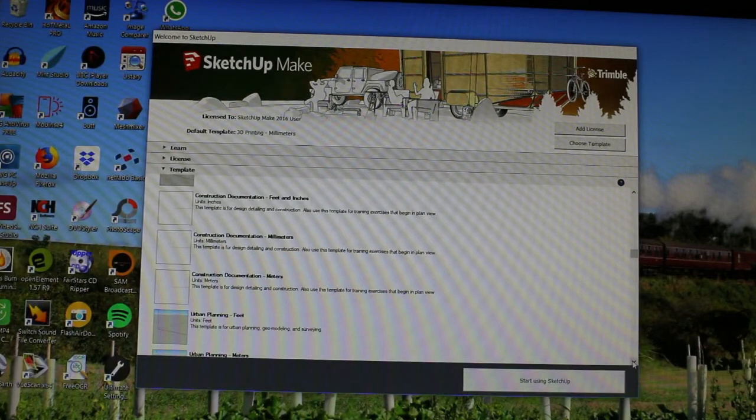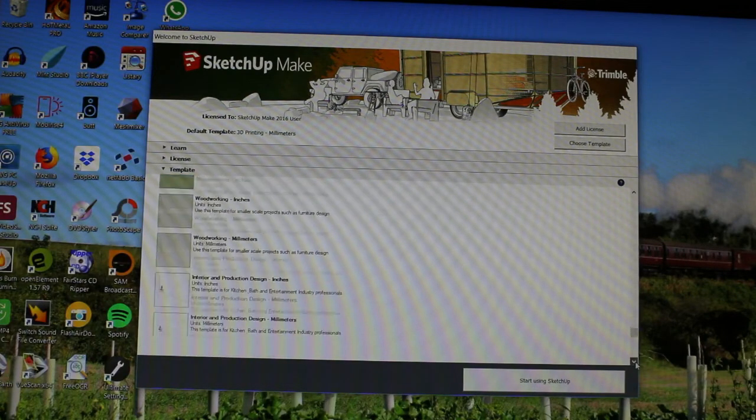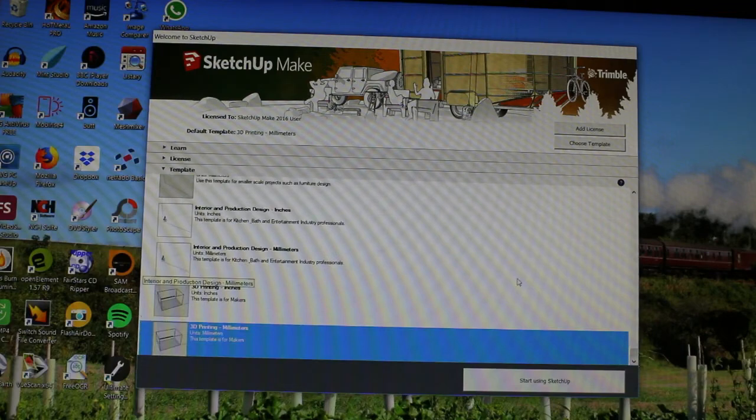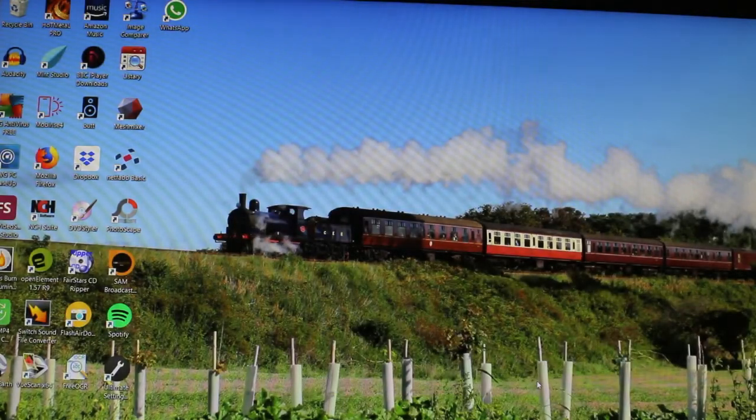So the first thing that you're going to be asked for when you click on SketchUp is what template you want to use. Now this will only happen on the first time, so it's not too much of a problem. But the idea is you scroll down, there are lots of templates there for all sorts of things, but when you get to the one at the bottom here that says 3D printing millimeters, that's the one that you want. So we've selected that just by clicking on it. You select it and then you go start using my SketchUp and the screen will disappear,